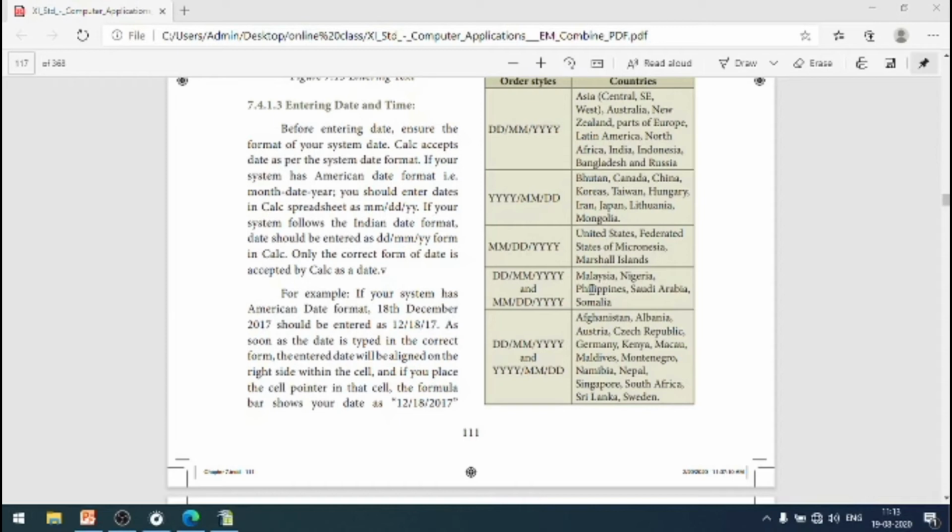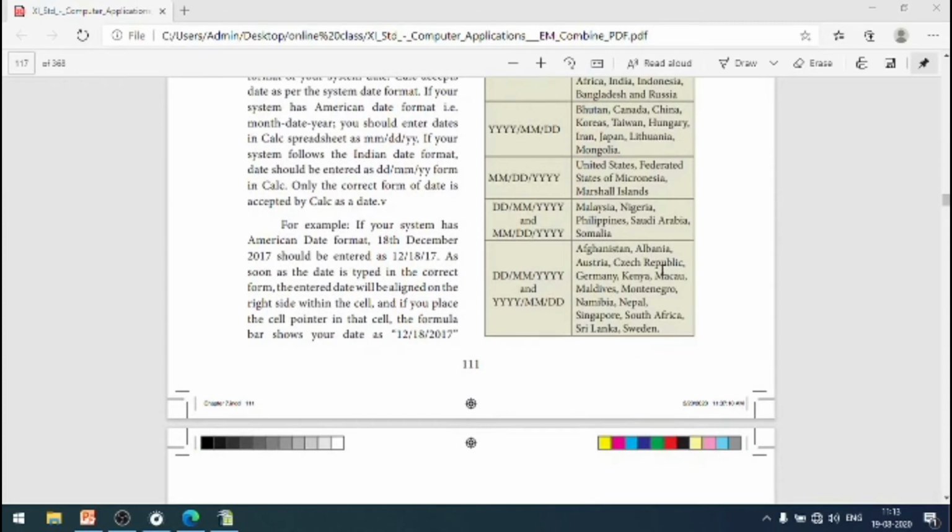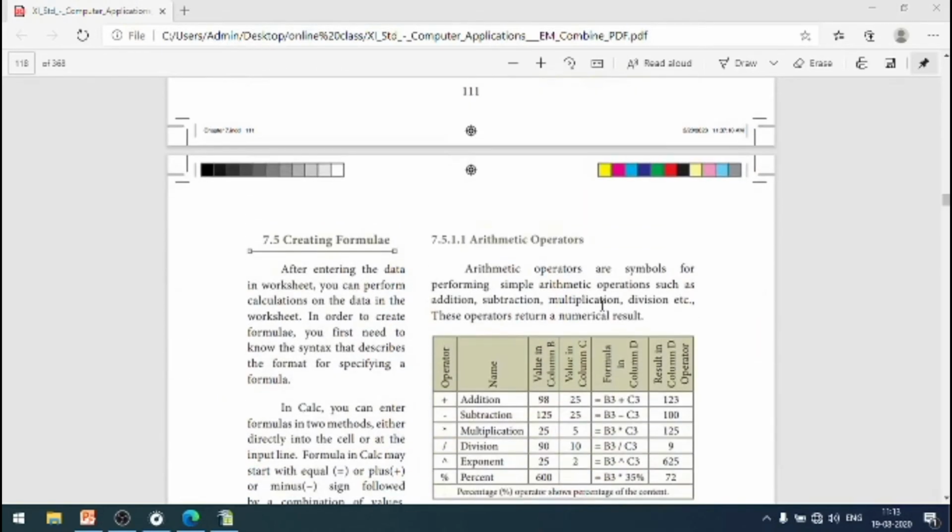Then Malaysia, Nigeria, Philippines, Saudi Arabia, and Somalia use this date format: date, month, year. Afghanistan, Albania, Austria use both formats: first date, month, year, or year, month, date. These four formats are used by these countries.